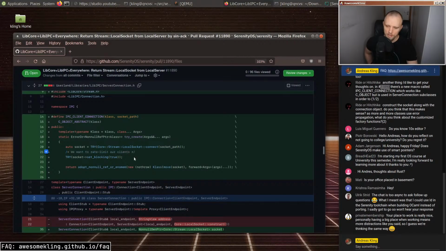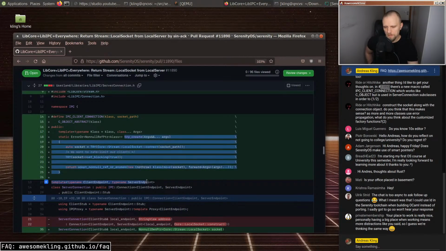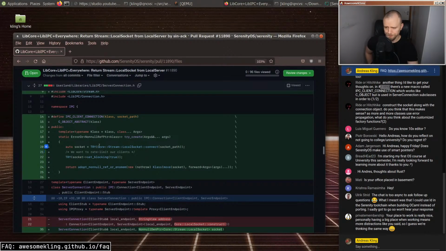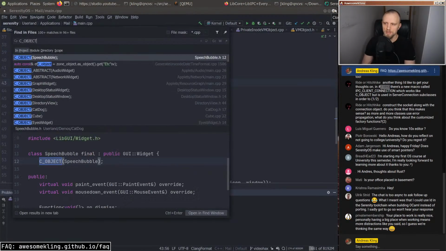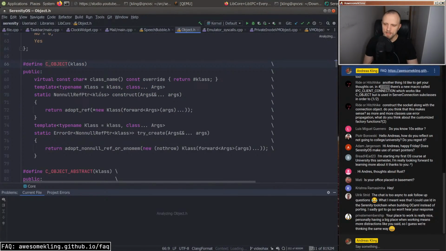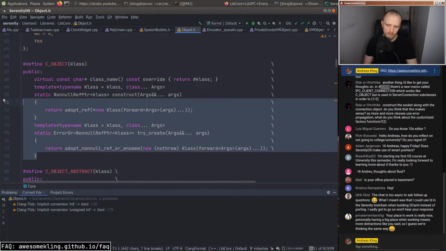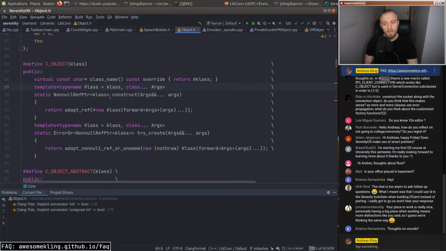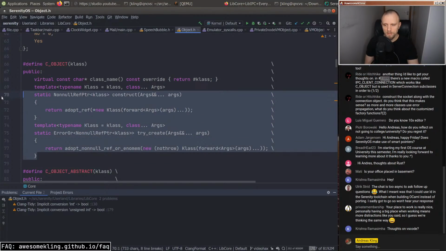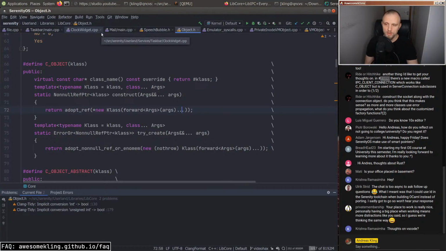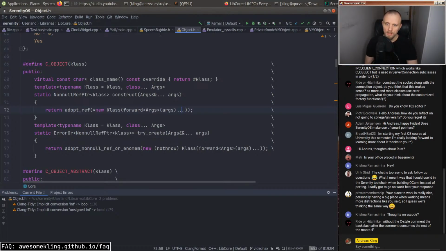Here is a C style comment for some reason. So this seems like a generally good idea to just have these. And as we move towards more and more structured error propagation, the old construction macro that's inserted by CObject, which is this guy right here, inserts construct and try create, and they're automatically generated factory functions. And I think that in many cases, these are not going to make sense anymore. And we'll want to change the way that we do construction anyway, so that errors have a chance to come out. I'm not exactly sure what is the pattern moving forward, but I think what you've done in your macro here